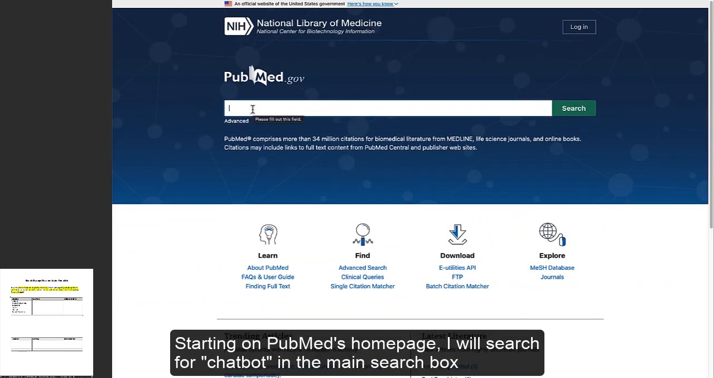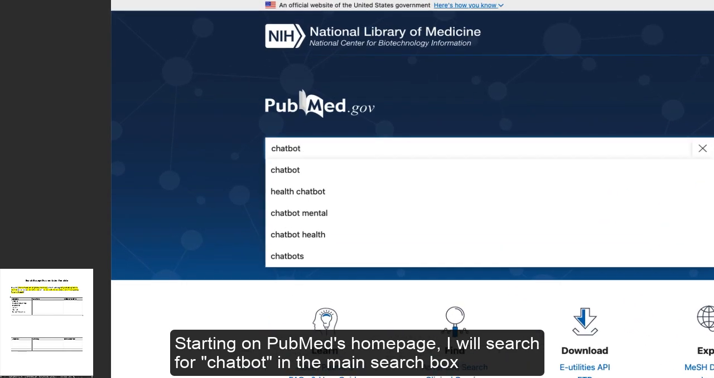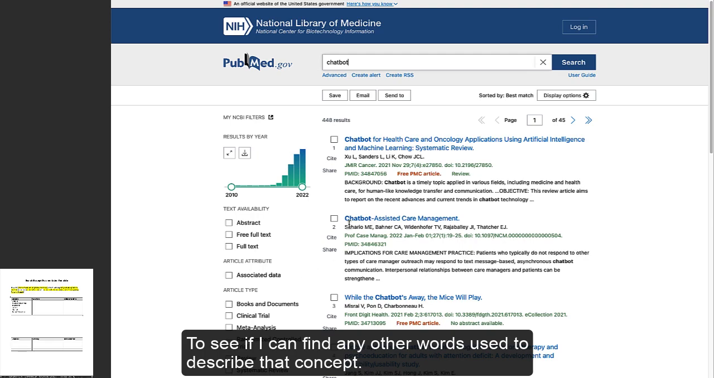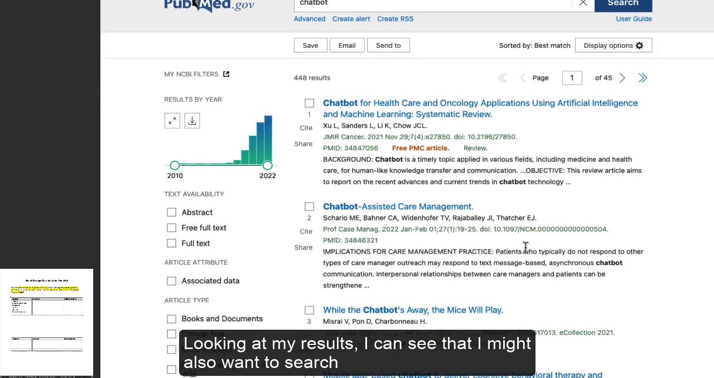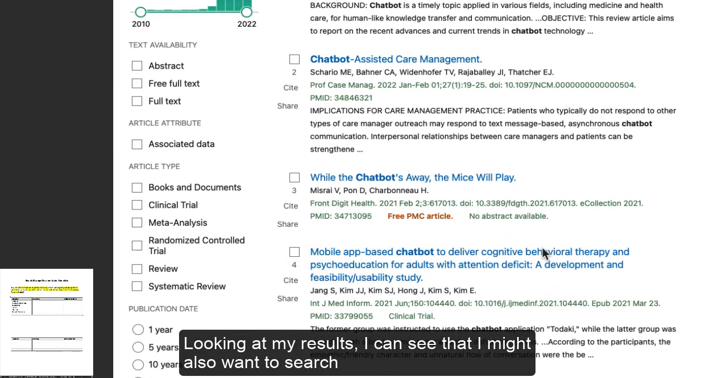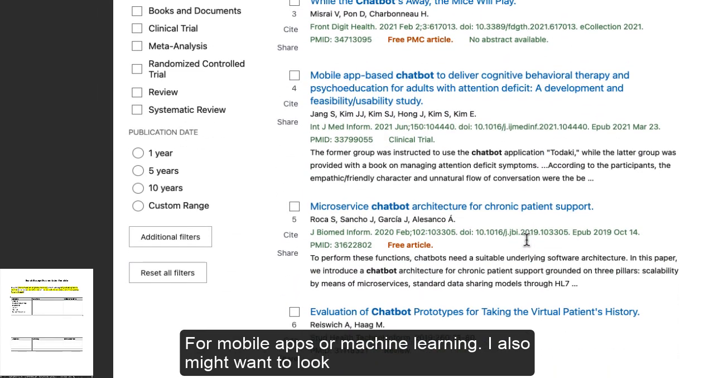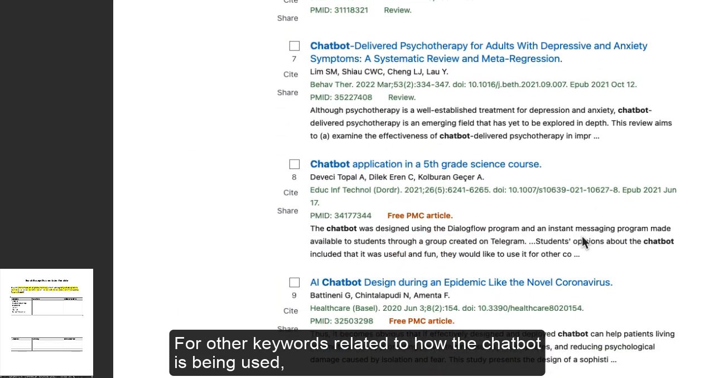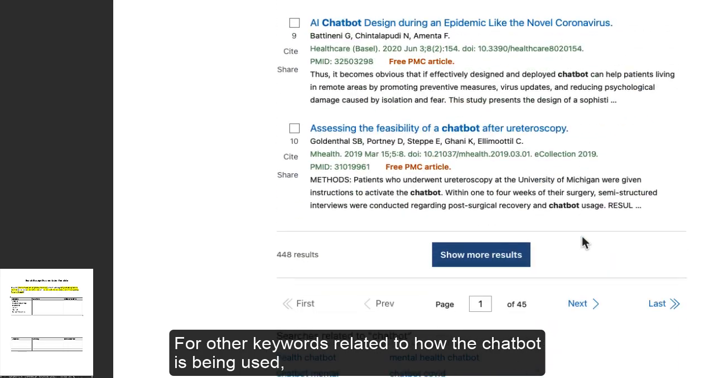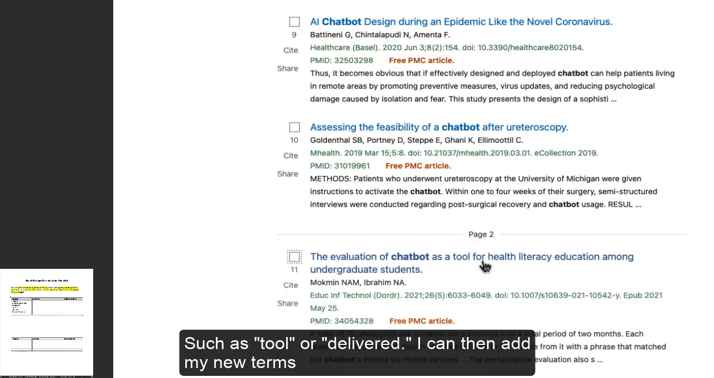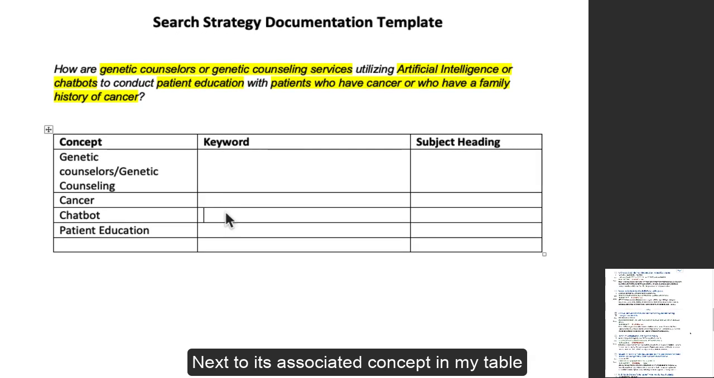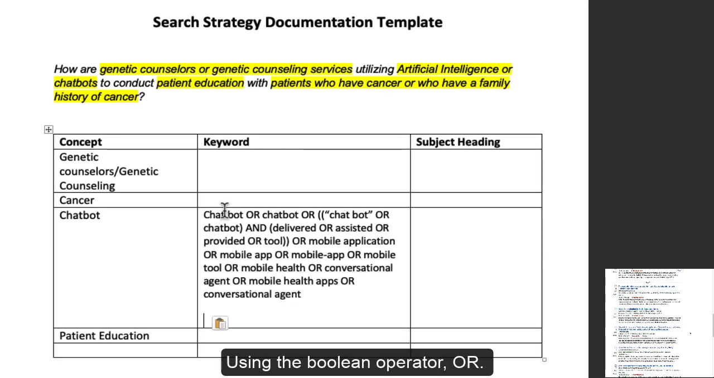Starting on PubMed's homepage, I will search for chatbot in the main search box and look through the first few pages of results to see if I can find any other words used to describe that concept. Looking at my results, I can see that I might want to also search for mobile apps or machine learning. I also might want to look for other keywords related to how the chatbot is being used, such as tool or delivered. I can then add my new terms next to its associated concept in my table using the Boolean